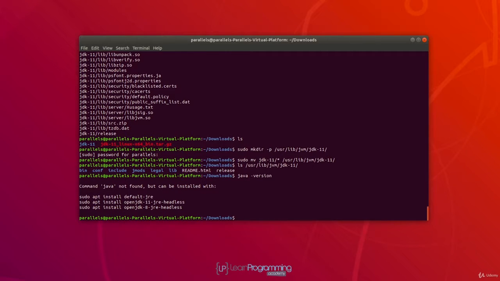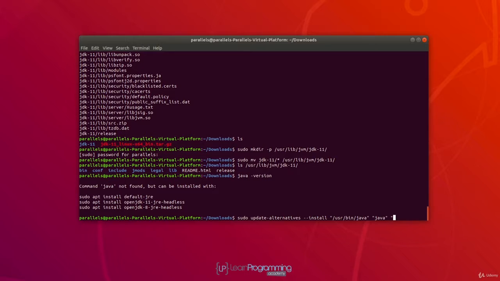So if you're happy with that and you're only going to be using Java from the IntelliJ IDE, the tool that we're going to be installing in the next video, you won't need to do the command that I'm about to show you. But if you then actually want to run Java from the command line, I suggest you type this command in. So I'm going to type sudo update-alternatives --install and then double quotes /usr/bin/java double quotes, then space and then double quotes again, the word java in between,